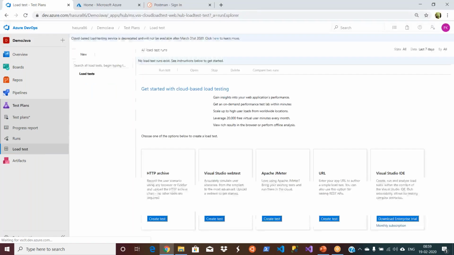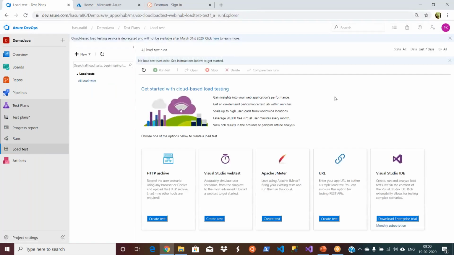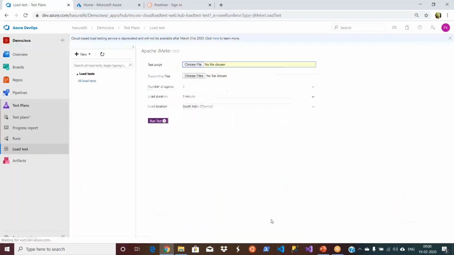So as I told you, these guys have made some integrations possible. That means the performance testing will be done by Apache JMeter, right? If you are a performance test engineer, most of the companies are using JMeter for performance testing. So the testers will use JMeter to write the performance test cases, and instead of executing from there, they can include those test cases with your Azure test plans as well.